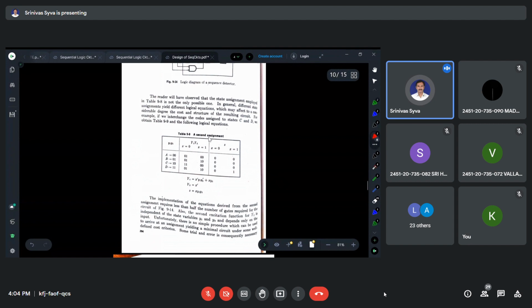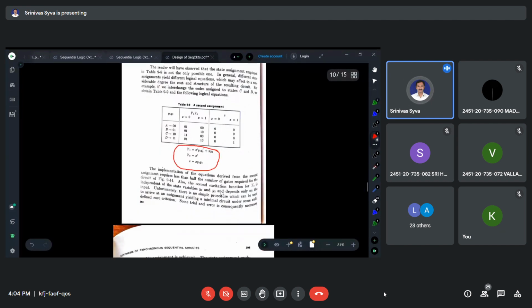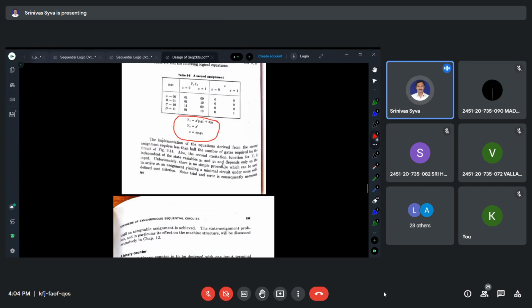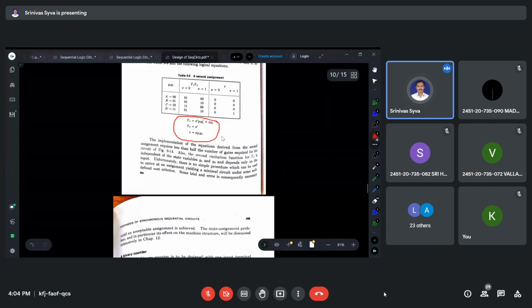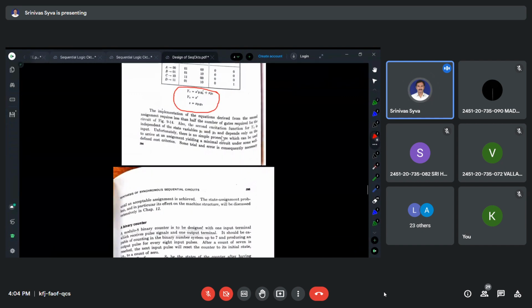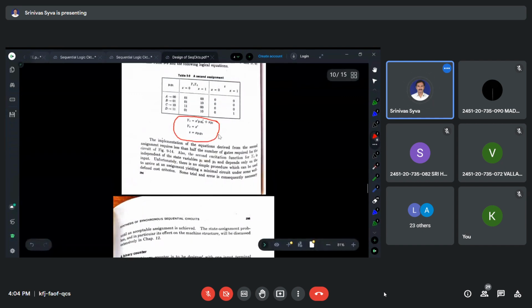With the second kind of state assignment, we have got minimal, reduced expressions. So state assignment is also important, but there is no standard procedure for the best state assignment. So it can be done randomly. Okay, trial and error method. Trial and error is necessary here for better state assignment. Certain state assignment will give very small hardware.